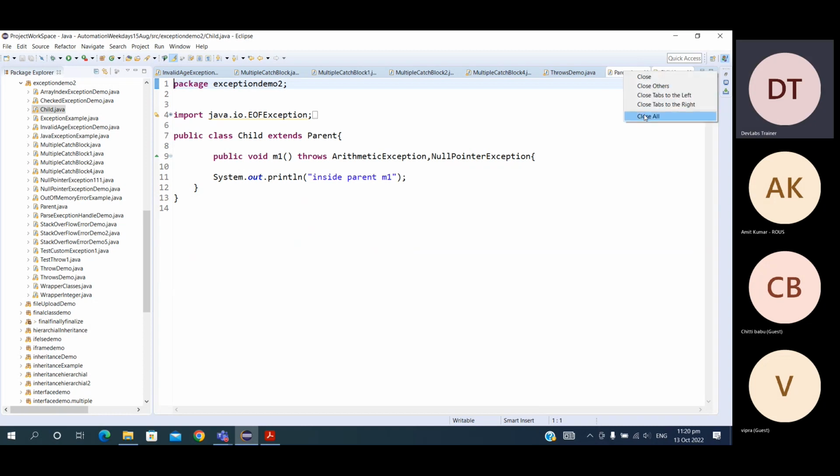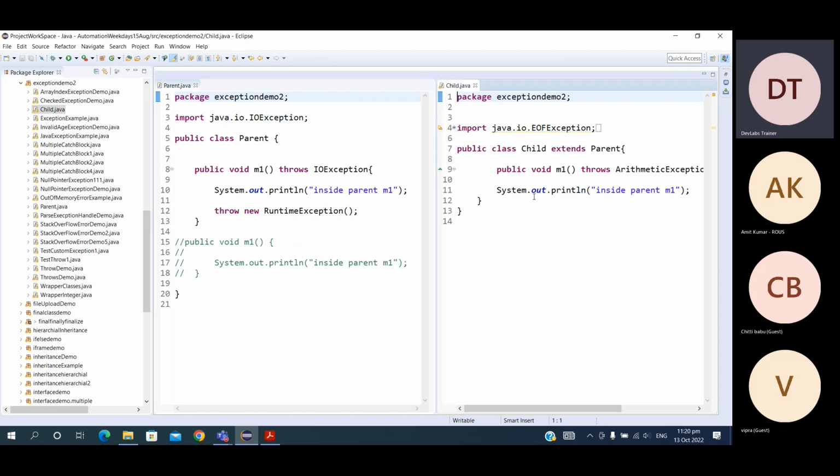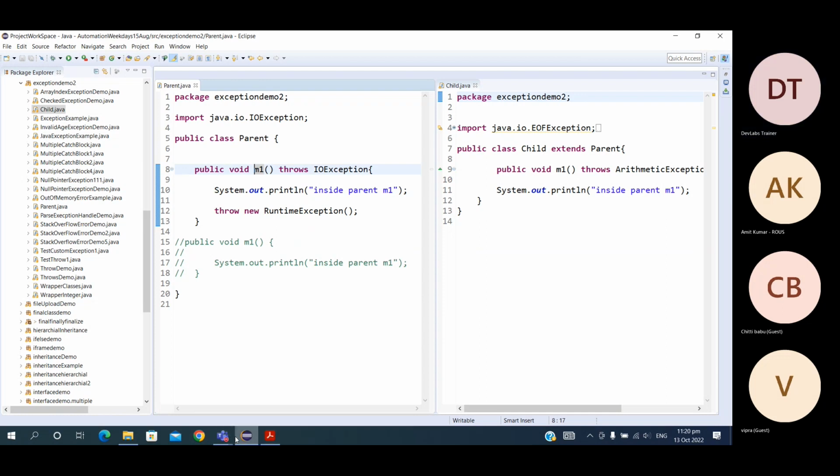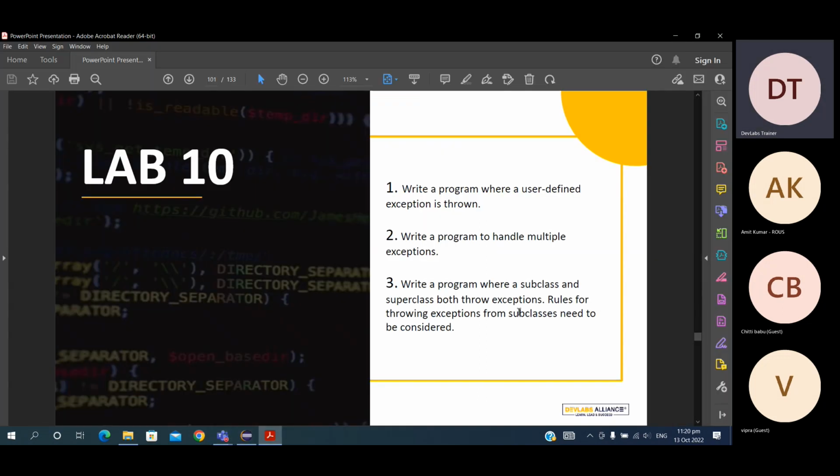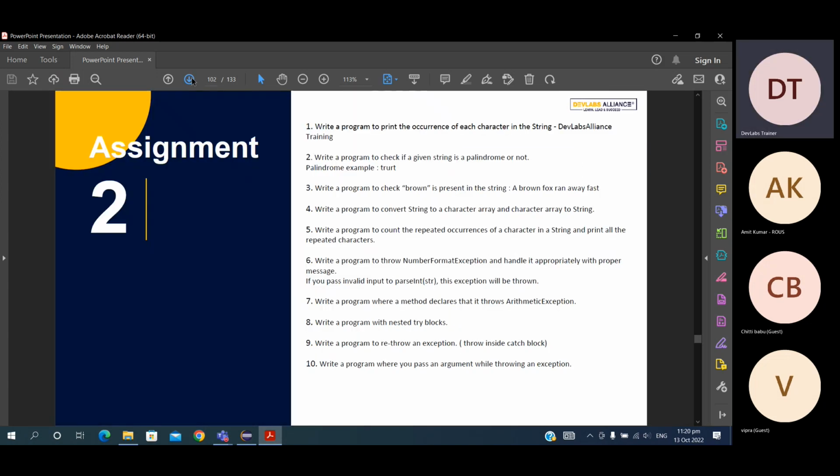So let me close the left one. Just trying to recollect the things so that you can remember. So this is the overridden method, and it is asking about parent and child exception rules. We have already seen that last day. So this is done. Now some more programs they have given, and you just try to go through the programs